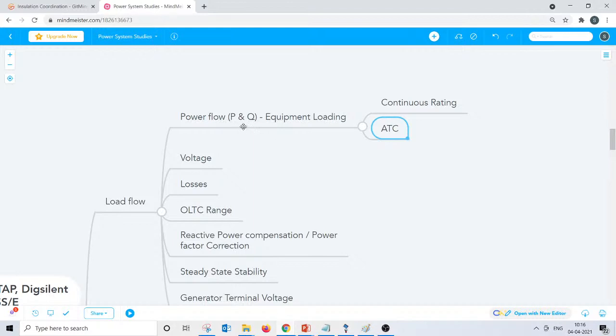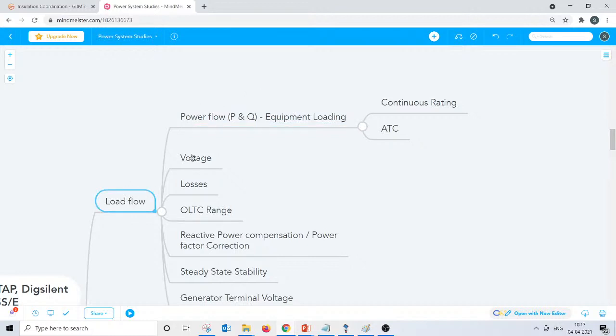So if your loading is less, that's not necessarily great. Sometimes the loading of the transformer, or of the cable, or of the 400 kV transmission network, if it is less, means that the network is not effectively utilized. So the objective of performing a load flow analysis is to ensure that the equipment is optimally loaded rather than lightly loaded, right?